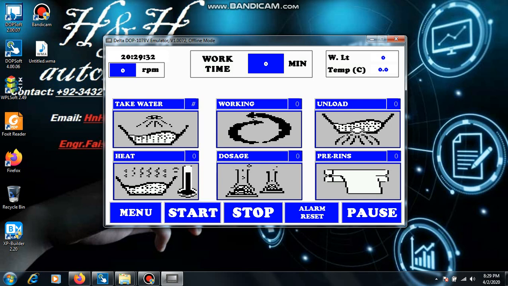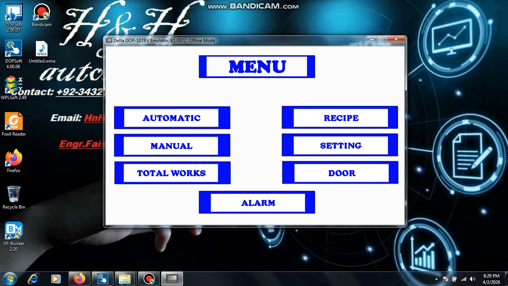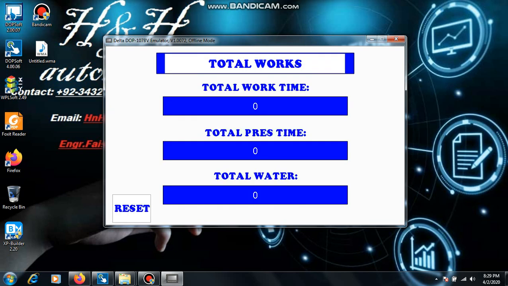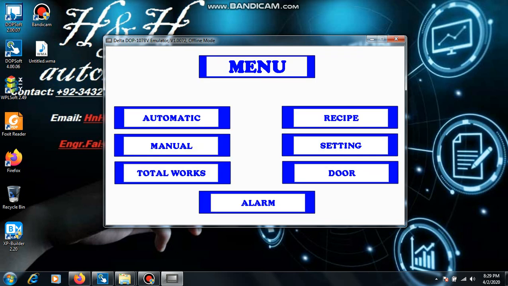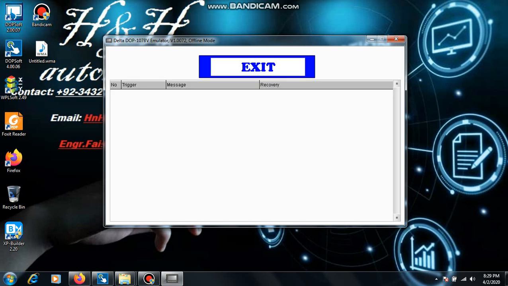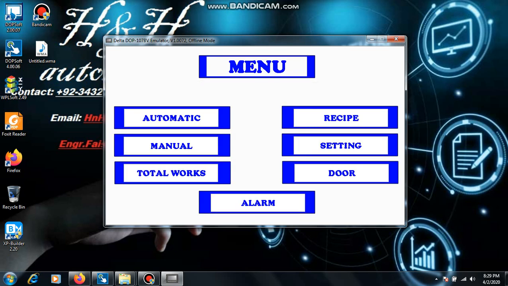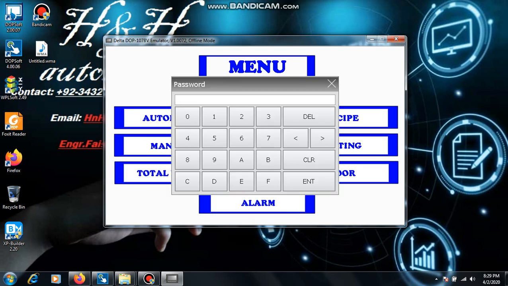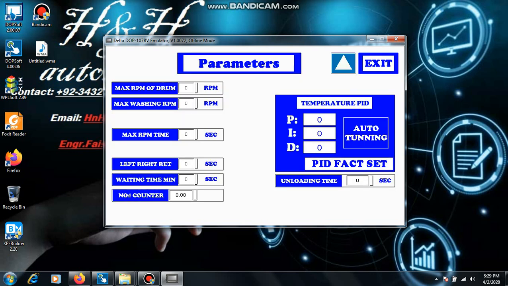Now it's total works: total work time, total present time, and total water. You can reset the counter from here, and its alarm, everything alarming will be shown here. These are the settings. It's password protected. You can set parameters here,